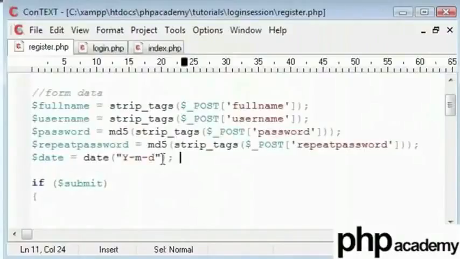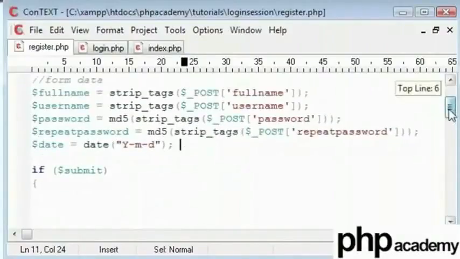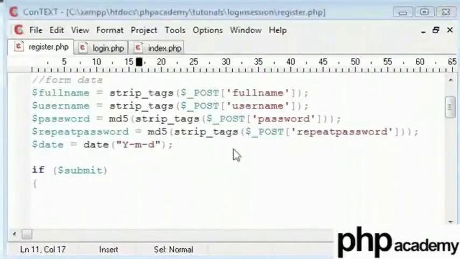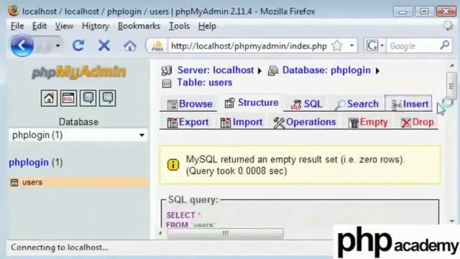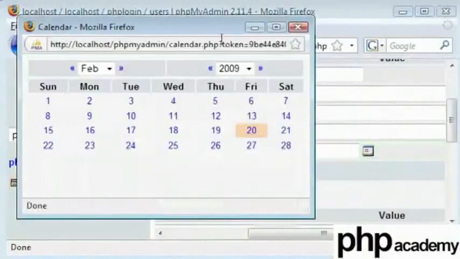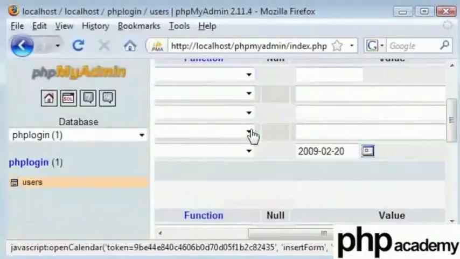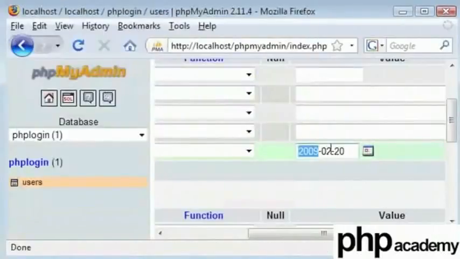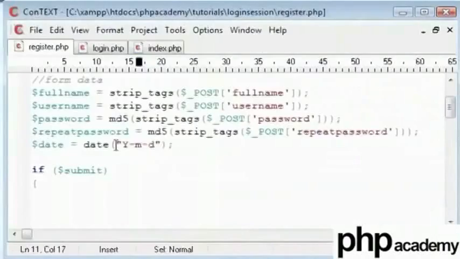So, in my database, at the moment, I have my year first, then my month and my date, and these are separated by hyphens. You can see this when we enter our database here and insert a value into users. We can see that the date is in a specific format if we use this kind of function here. When I click today, you can see here that we have got the year in a 4-digit format and our month here and our day here, separated by hyphens. It's adjusted into that structure in my database.